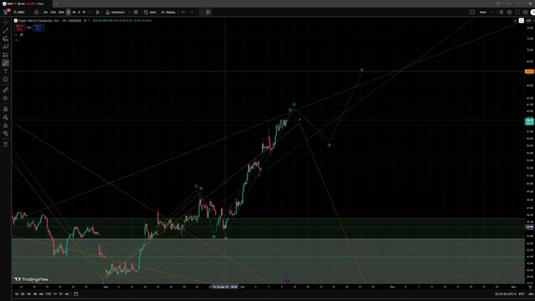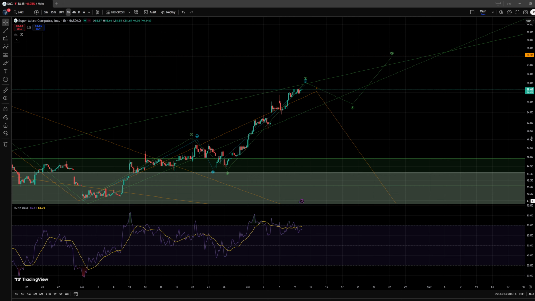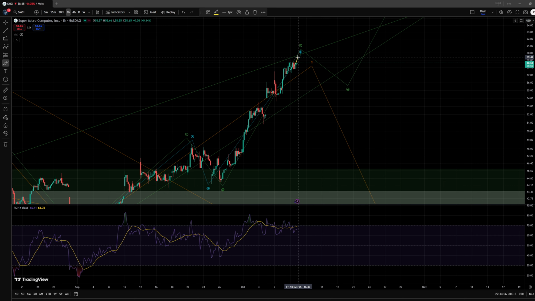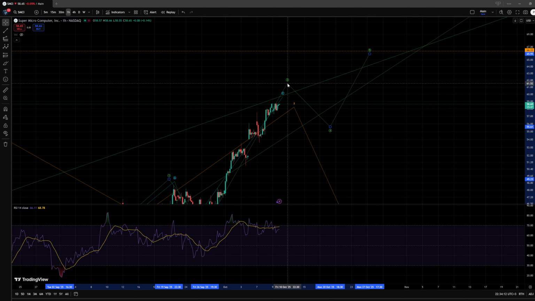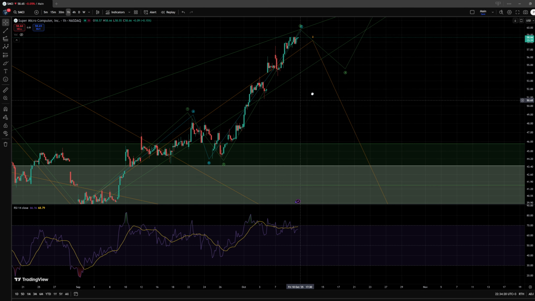And in this idea we have a possible full count within this wave 3, but I could still see further extension. Now the RSI does suggest that we are towards exhaustion, and the momentum is slowing down, and I do have the possibility to make a full count, but I'm not going to do that necessarily. I could still allow maybe one more high here, and then even a smaller correction and another high, but I would not find that likely to make it all the way to the $65 level or somewhere around that area. And instead, I am now able to look at a support zone for a wave 2,